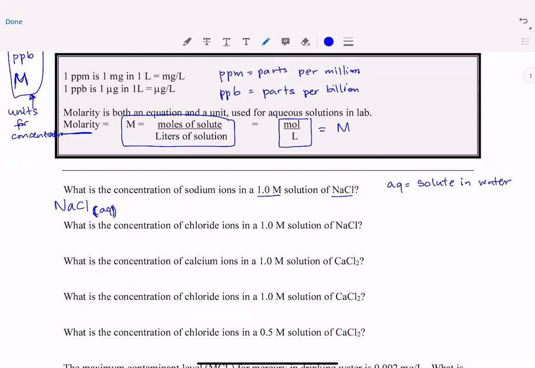That means that what you have is not the sodium chloride as an ionic compound. What you have are separate ions. You have the sodium plus ion that's aqueous, and you have also the chloride ion, Cl minus,